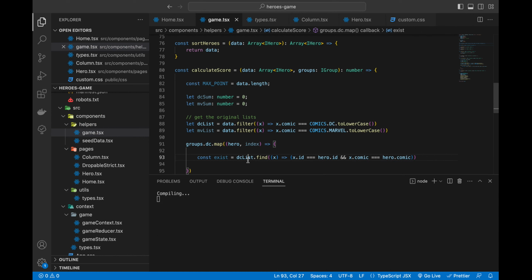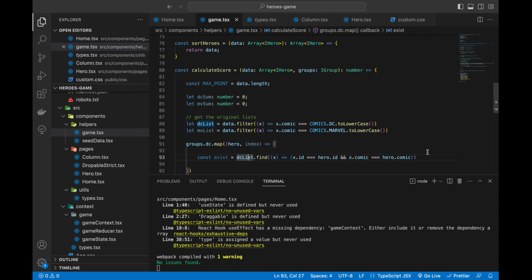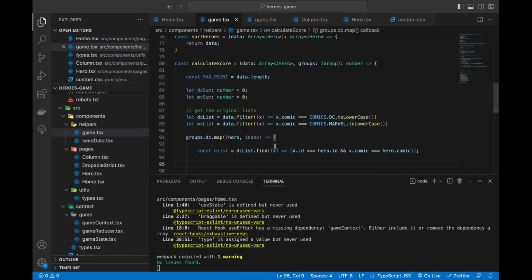Now we don't just want to find the id. We want to make sure that the hero is in this particular list, right? That means the id of the hero and your own list, the id of the two heroes has to be the same. Their comic has to be the same, right? Now, if that is the case and there is exist, so we're going to say if exists,